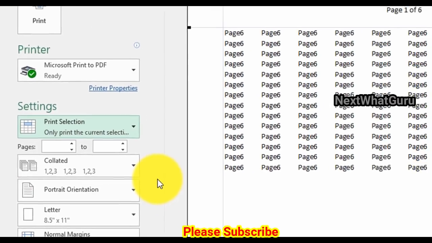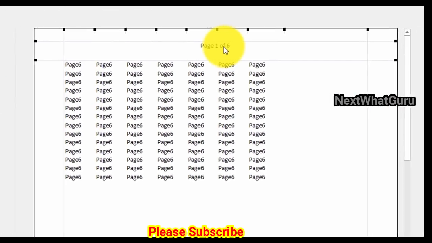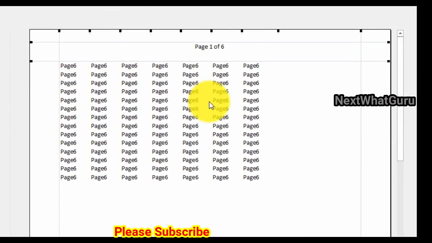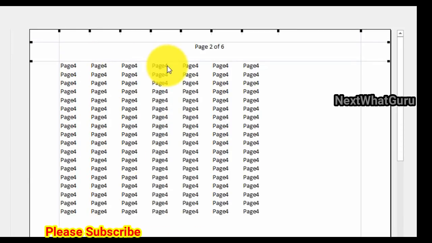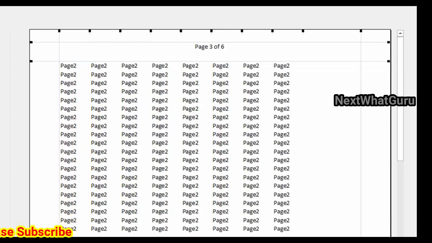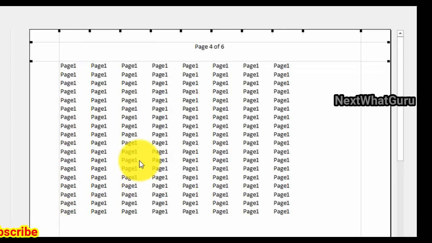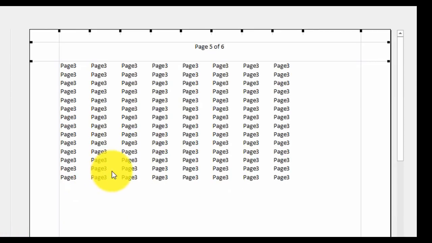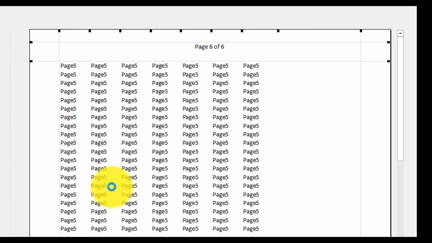See, the first page is page 6, the second page is page 4, and then 2, and the 4th page is the first page, the 5th page is the 3rd page range, and the last is page 5. So we have printed it.